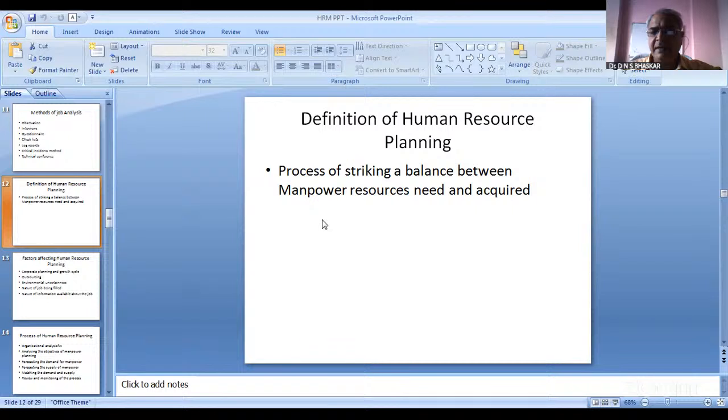how many people are there in the organization right now with the same skills? Is there any person who, by means of promotion or any other method, can we adapt for the higher level jobs? All these aspects can be considered. So, in simple language, we can say that human resources planning basically strikes a balance between existing human resources and acquisition of human resources and what is the need of further recruiting people in the organization.